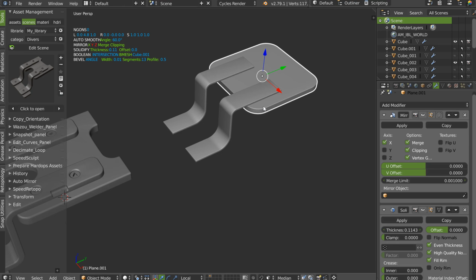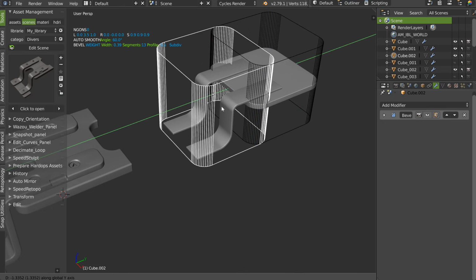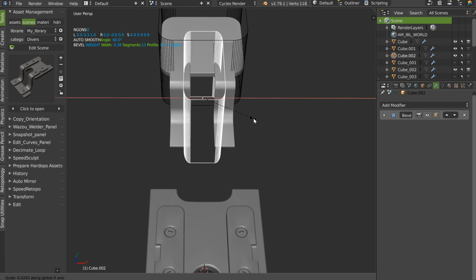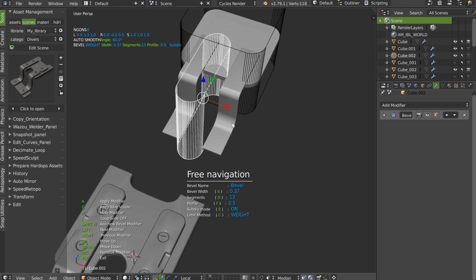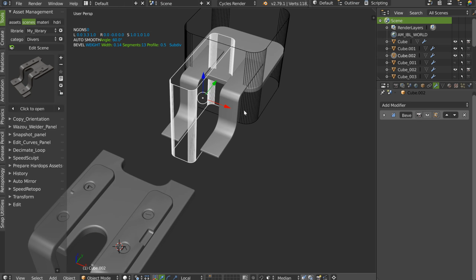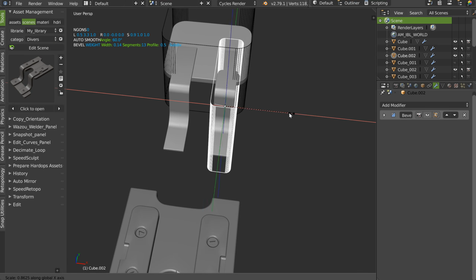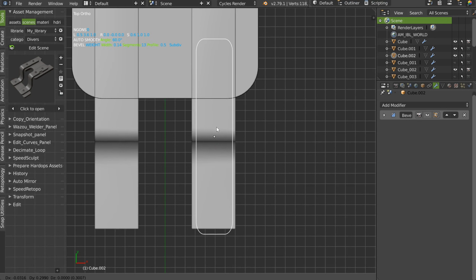I will show the boolean object. I will duplicate it. I will make a scale like this. If I call the bevel and Escape, that will, as you can see, apply the scale, and like this I will be able to edit my object. I will press G. I will place this one here.